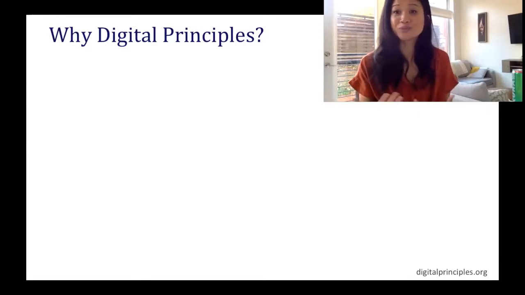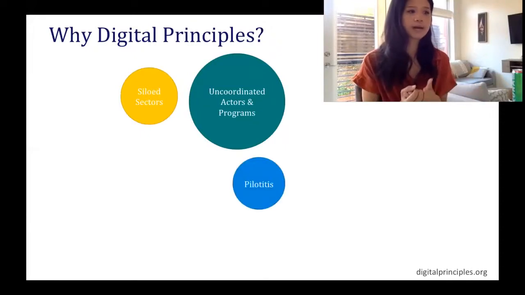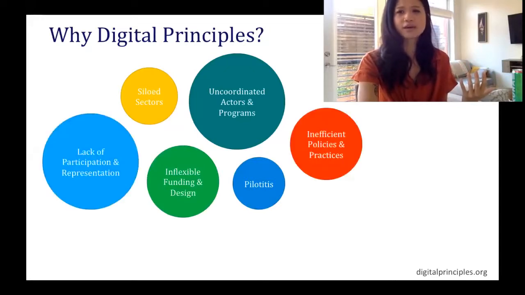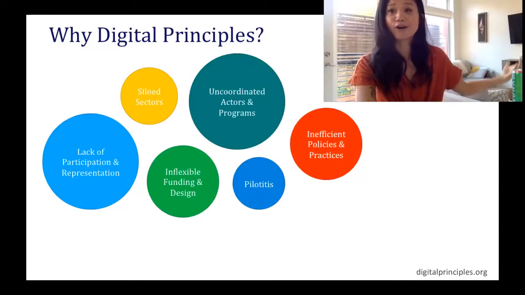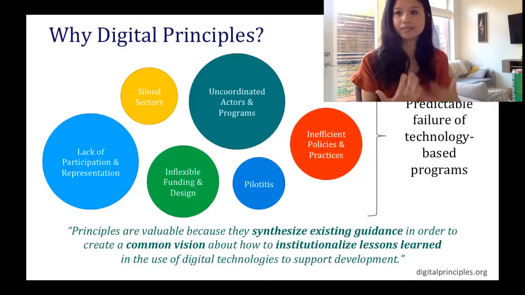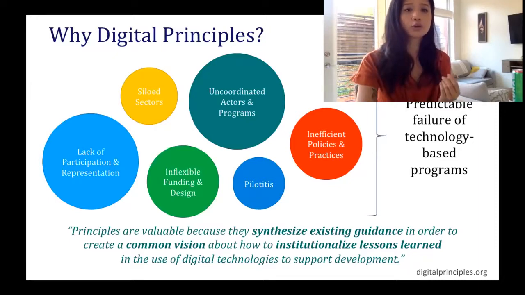So while the potential was really clear about how we could use digital technologies, the success of implementing the projects was less so. Pilots often failed to go past the pilot stage. There were siloed sectors. They were unable to scale into sustainable programs, or services that were really designed far away from the communities that they had intended to serve. So lots of reasons that made implementing digital really hard to scale in the long term. So with that being said,